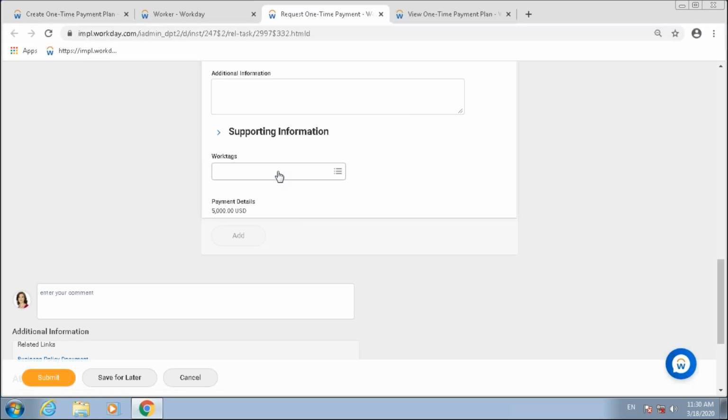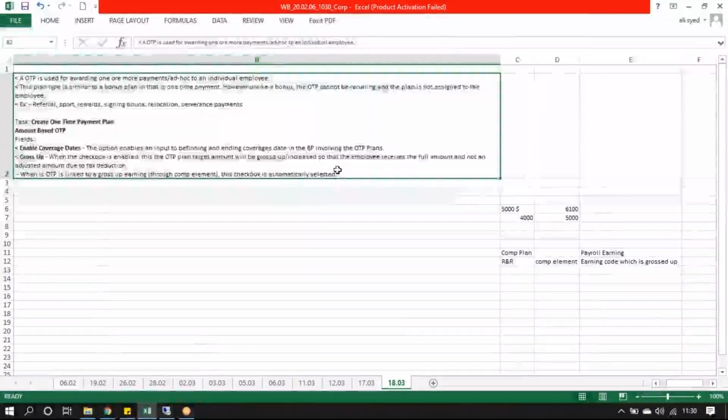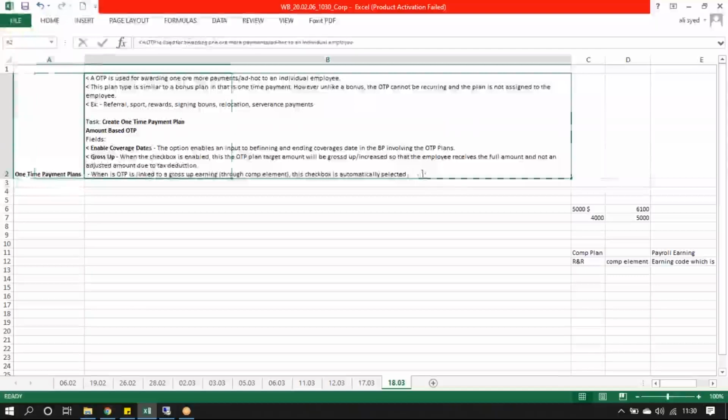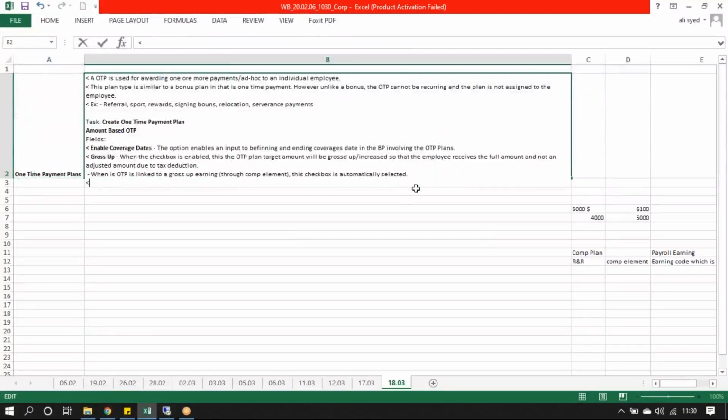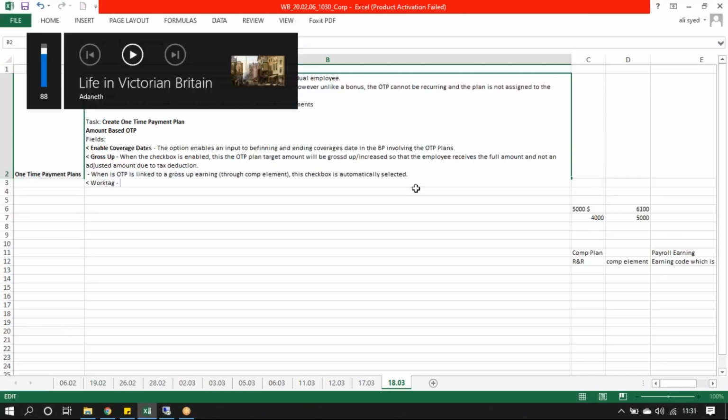Okay, so your work tag. Most of these, for example your cost center setup and your work tags, are usually handled by your finance team, right? If you look at the organizations as well, you know that these are